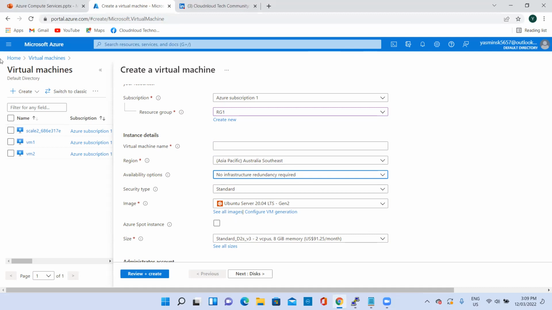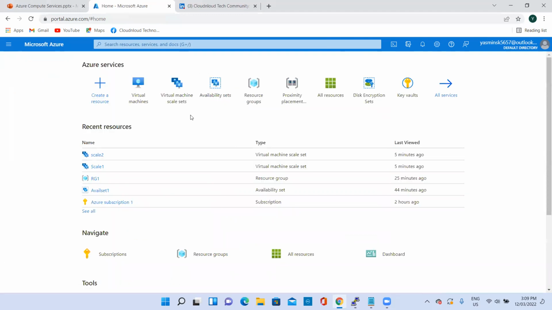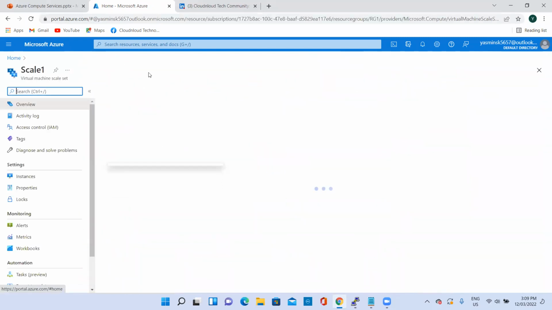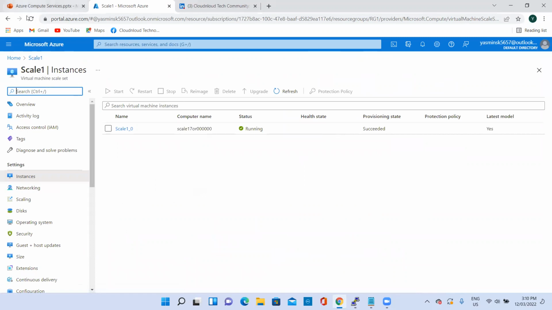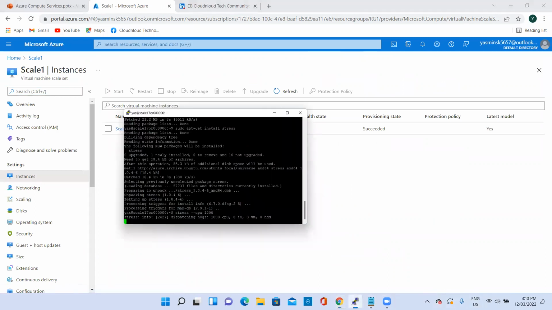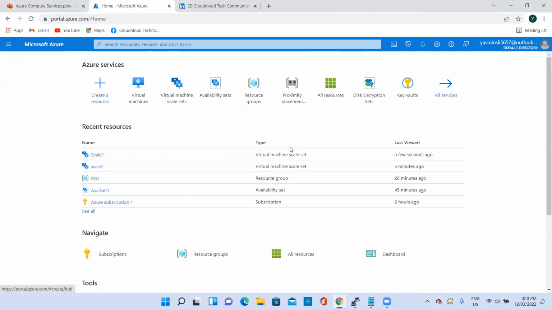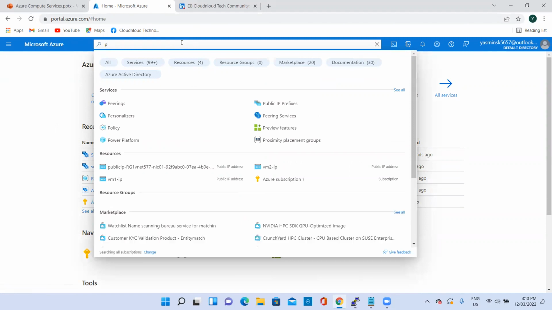So another thing I wanted to tell you is, let's see what happened in our scale set 1. Still the instance has not been created. Okay, so until it gets created, let us wait, and I'll tell you about the proximity placement groups. Okay, let's go and create one